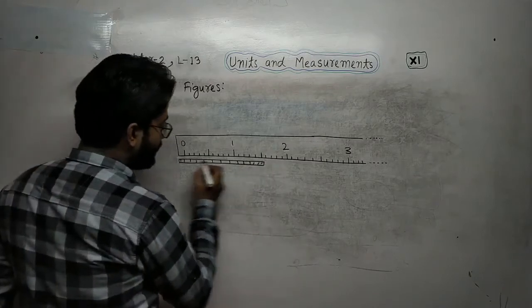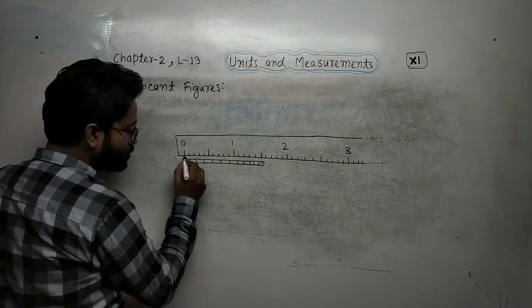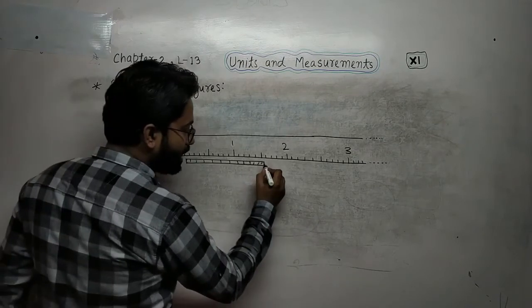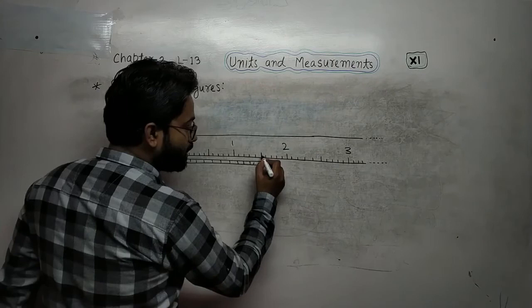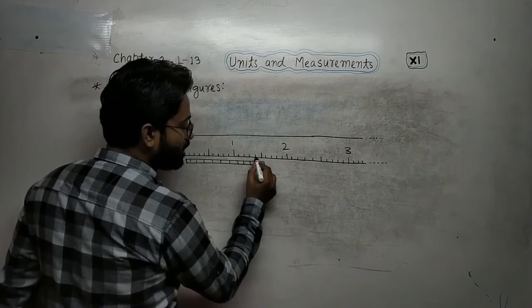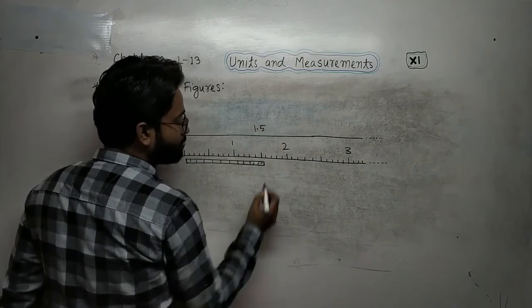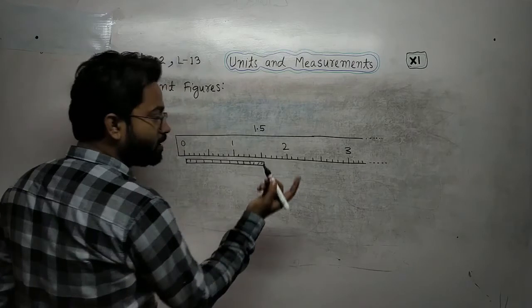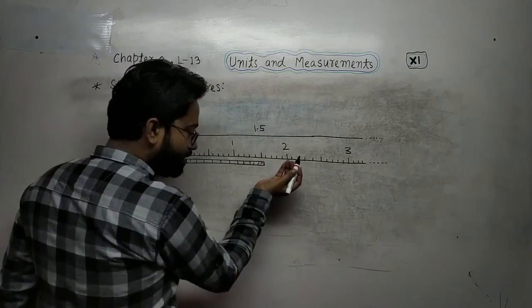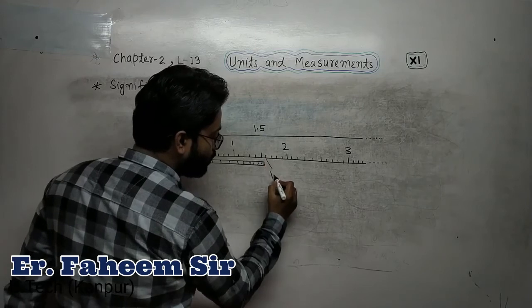The end point matches with the 0, and this end point is between 1.1, 1.2, 1.3, 1.4, 1.5, beyond 1.5, and before 1.6,